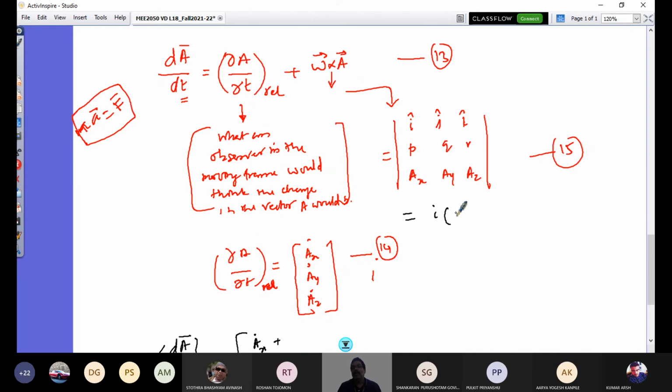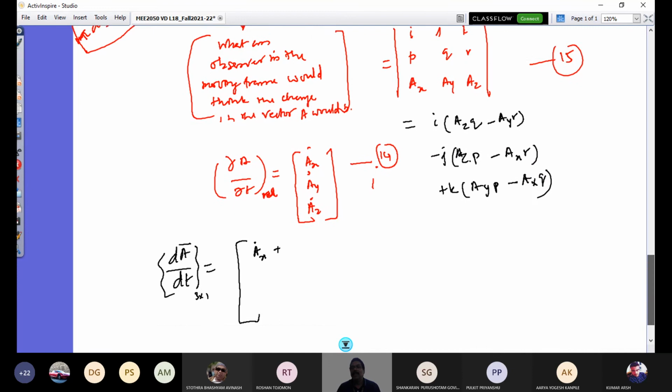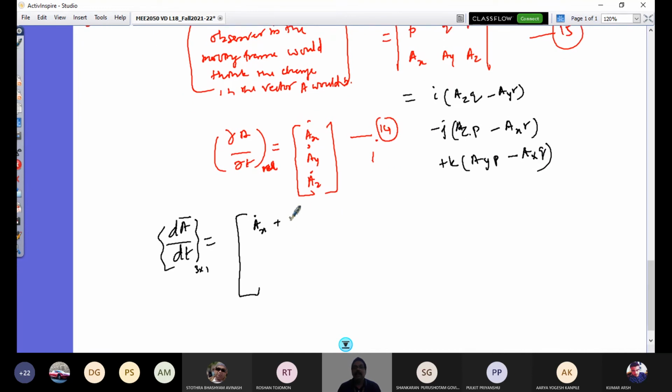It's i into (az q minus ay r), minus j into (az p minus ax r), plus k into (ay p minus ax q), right? So these are the elements. So the first element should be added with this. So when I add the first element here, that's going to be